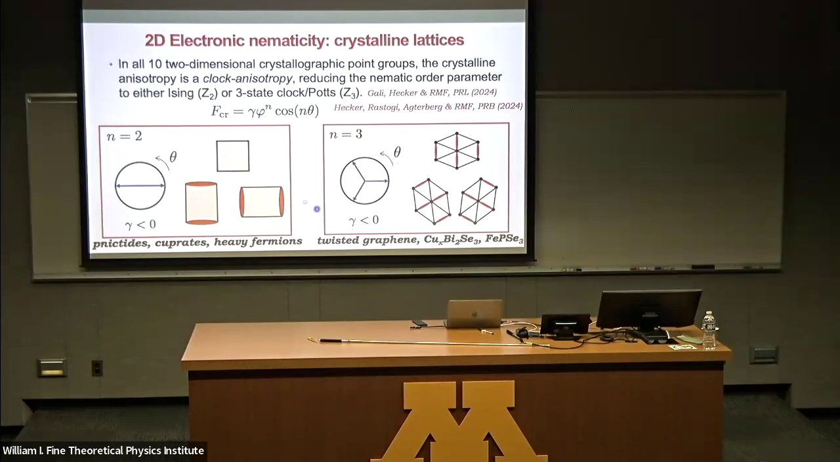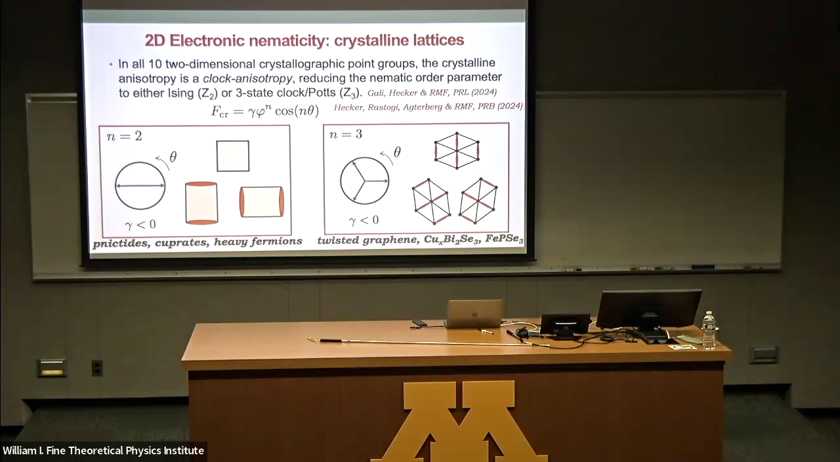Or if you have hexagonal kind of symmetry, you're going to have n equals 3. That's a 3-state Potts or clock. Potts and clock are the same when n equals 3. And again, because if you look at the triangular lattice, there will be 3 different ways you can distort. Okay. And this, for example, we know this is the case in twisted graphene, the 2 materials that I told you before, cobalt doped or superconducting bismuth selenide, iron phosphorus trisulfide, where this is the standard, the superconductors, pnictides, cuprates,